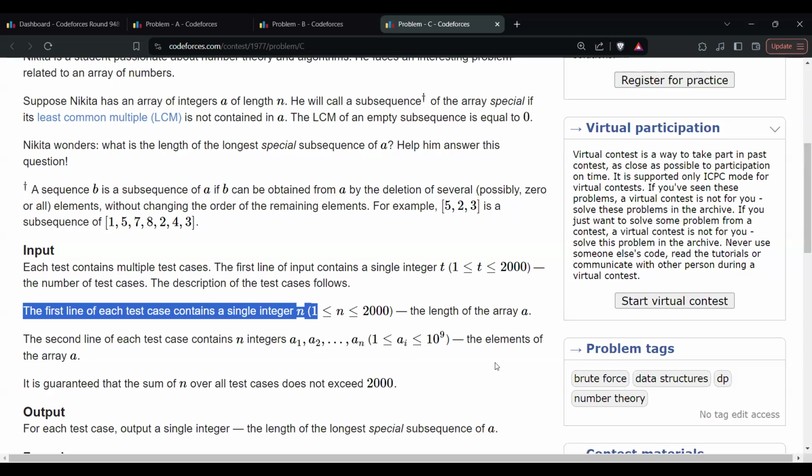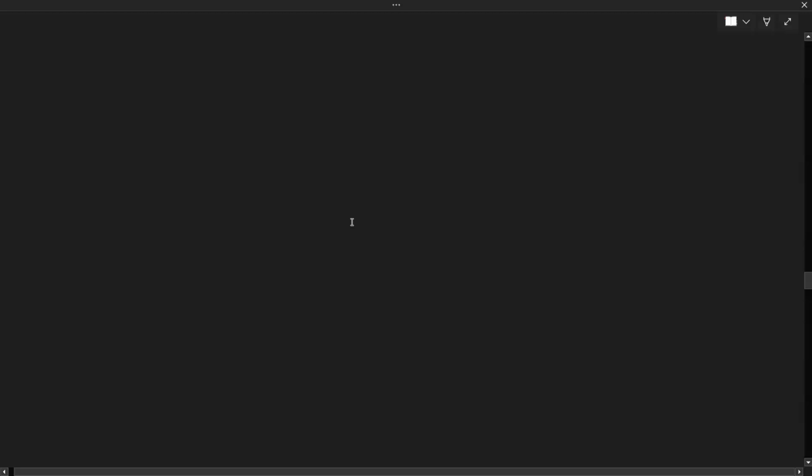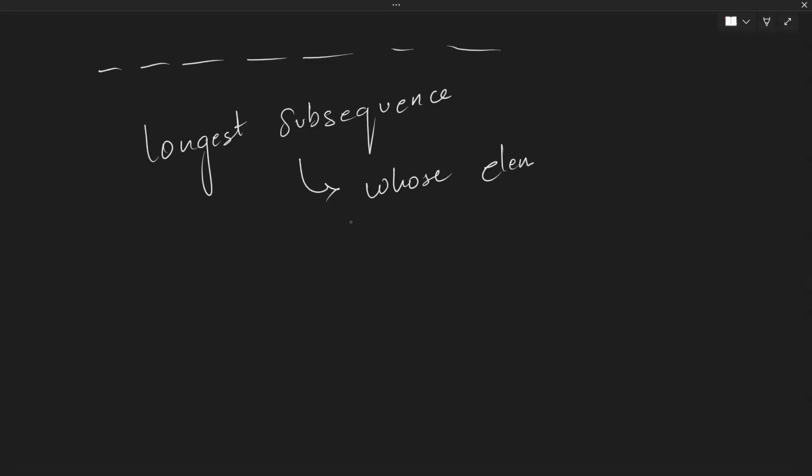First of all, let's discuss what we have to do. We're given an array and we need to find the longest subsequence whose elements' LCM